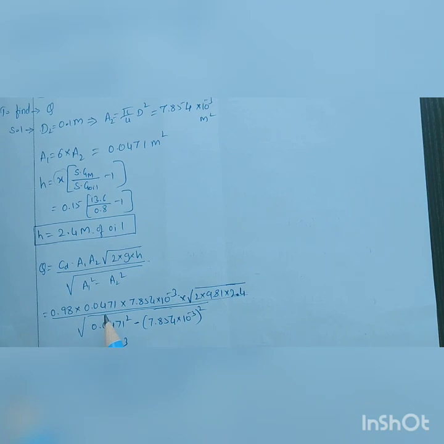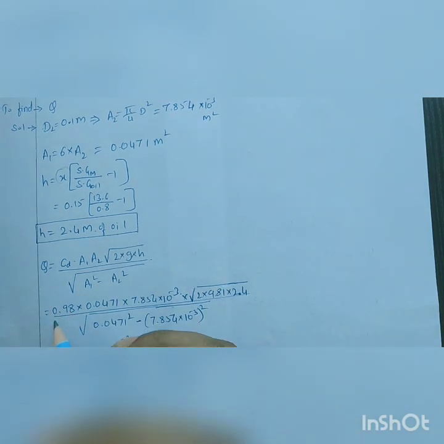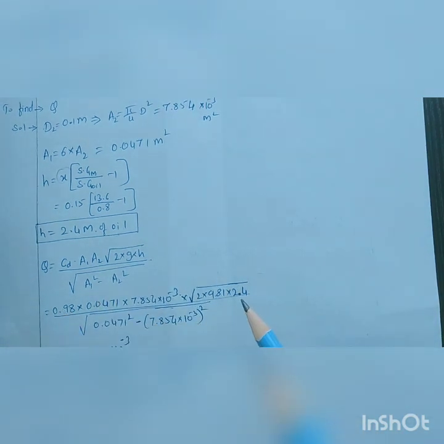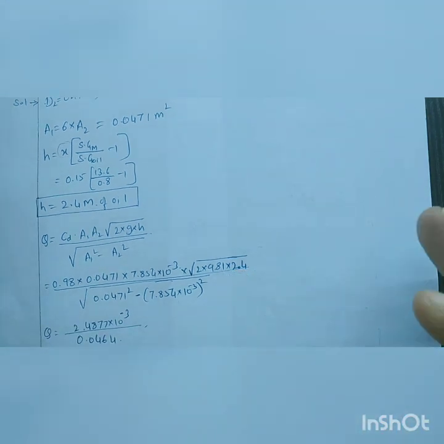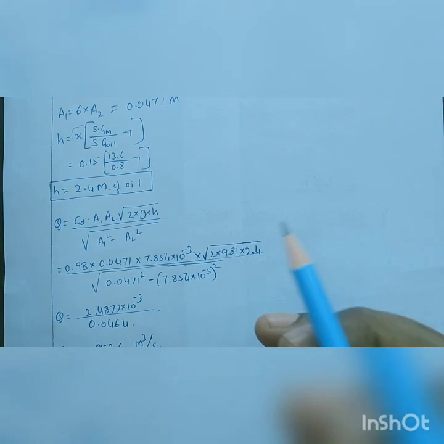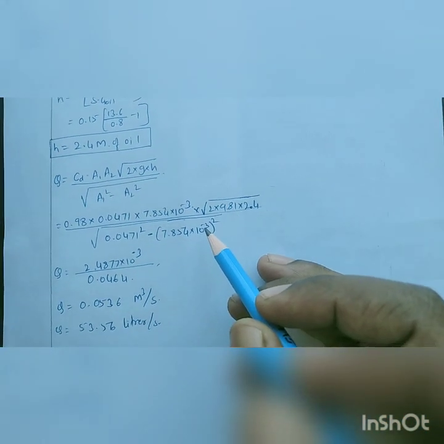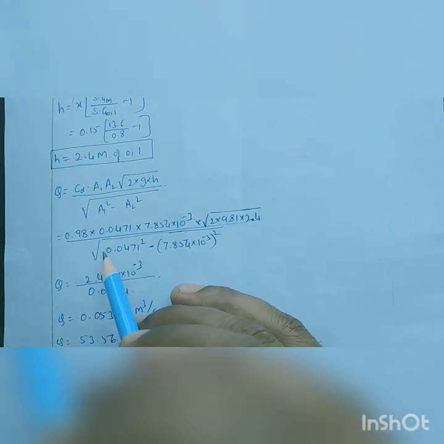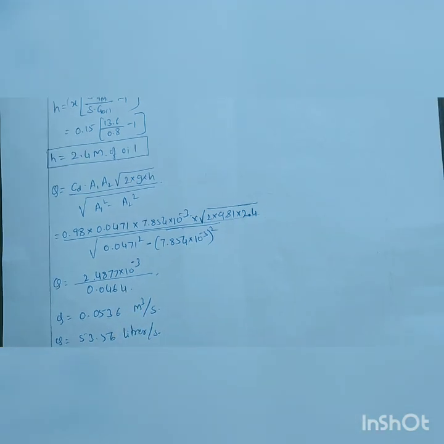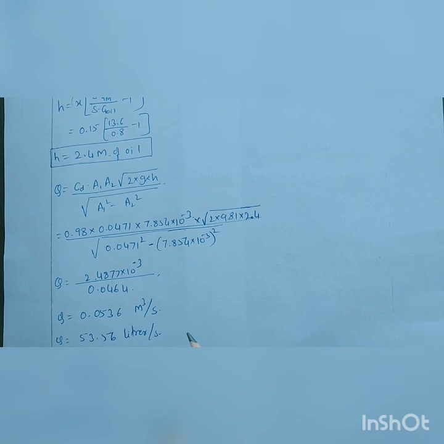One thing you have to remember once you substitute: most of you make the mistake of substituting all the values in the calculator at once. If you're comfortable and have practice when to put brackets, then you get the right answer. But even if you miss one sign or bracket, your answer will go wrong. So always go part by part. First calculate the numerator, keep the answer. Next calculate the denominator, keep the answer, then get the final answer. It may take a few seconds more, but your answer will be right.